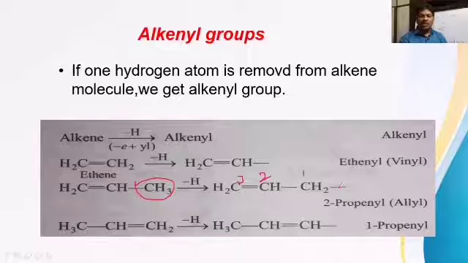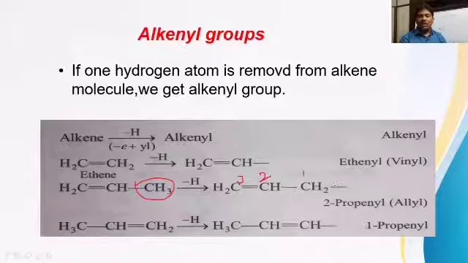So 4 single bonds around the carbon give sp3 hybridization. So carbon atom 1 is sp3 hybridized, the double bonded second carbon is sp2 hybridized, and the third carbon, the double bonded CH2, is also sp2. So there are 2 sp2 carbons and 1 sp3 carbon here. The sp3 carbon which is attached directly to an sp2 carbon is generally called the allyl carbon, and the group is called the allyl group.